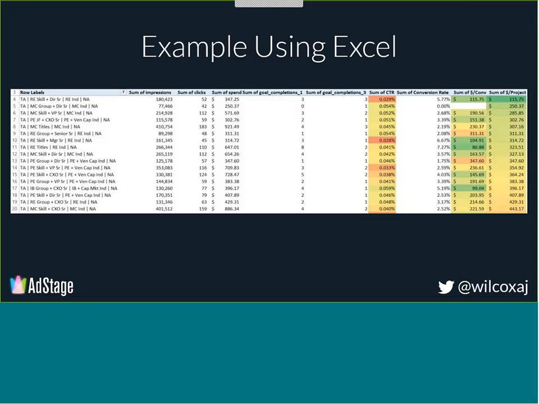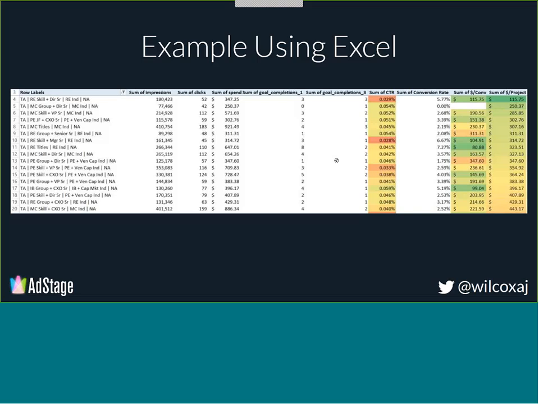So here's an example of me using Excel on one of my accounts here. So what you can see over here in the left-hand side, I'll even use the mouse to kind of point this out. Maybe it's a little tacky. But here we have the list of campaigns that we're looking at. And of course you have your impressions, your clicks, your spend, which come from the ad platform. But then you have these goals that I'm bringing in from Google Analytics. So goal completion 1, goal completion 3 are different stages of the funnel. So goal conversion 1 is going to be an initial form fill, and 3 is going to be something deeper